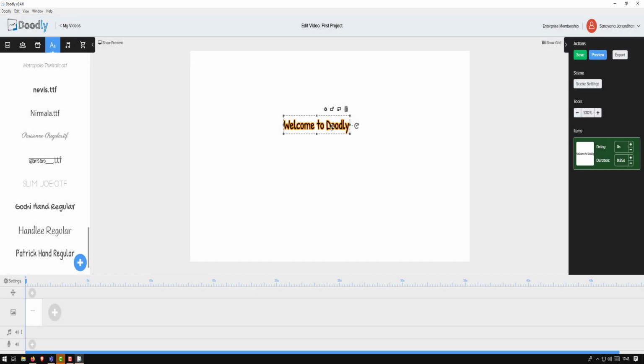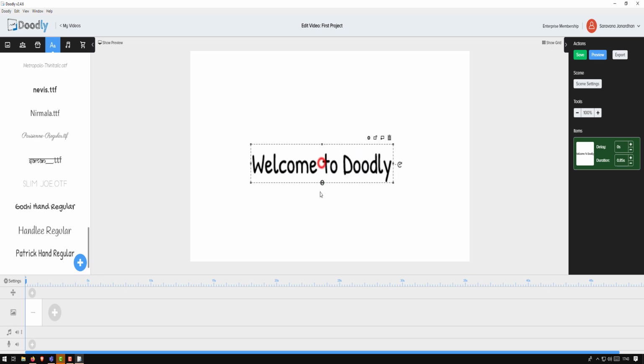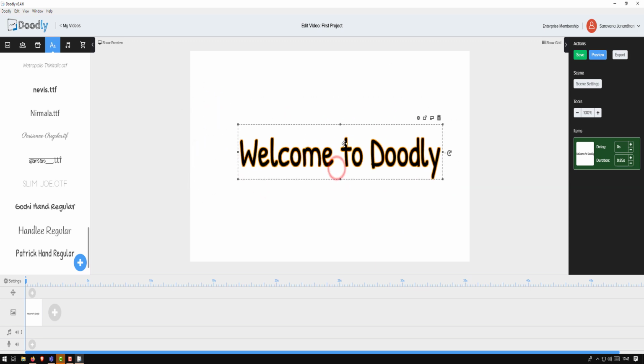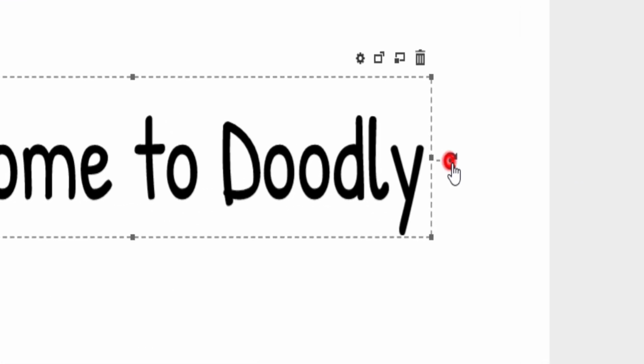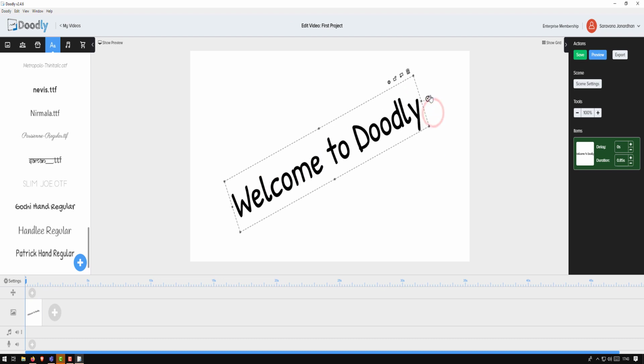My text appears. Now I can select, drag, and move it wherever I want, or if you go to one of the corners, it allows you to resize. So I can drag by holding on the corner to make it bigger or smaller, any one of those corners. And again move. You see there is a tiny icon here, a handle. This is used to rotate your text. So now I can move, I can resize, I can also rotate my text.